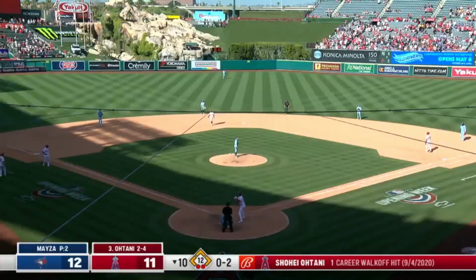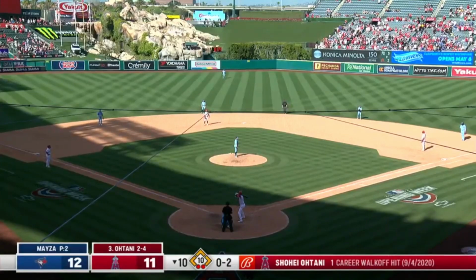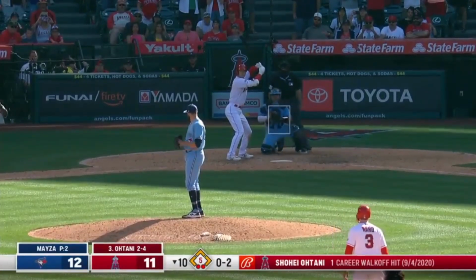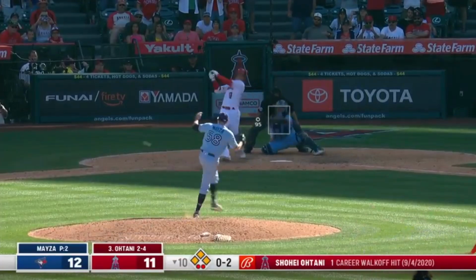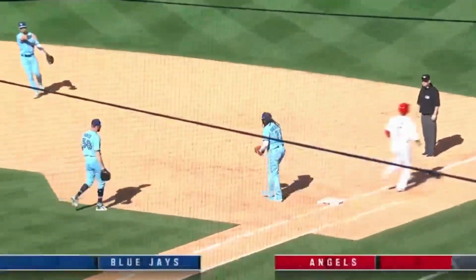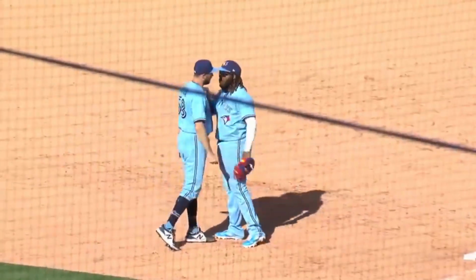Again, not easy to see there. Just made contact with that speed. Just any old hit will do here for the Halos. Ohtani with a bouncer, softly hit to second. Biggio throws to first to end the game. And the Toronto Blue